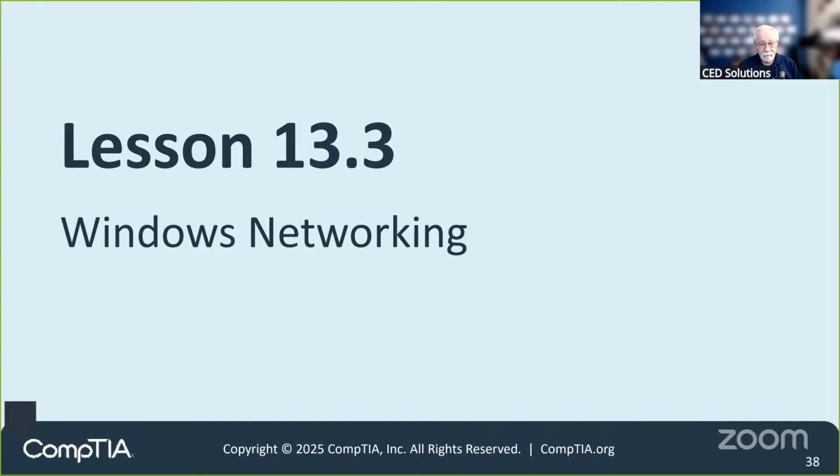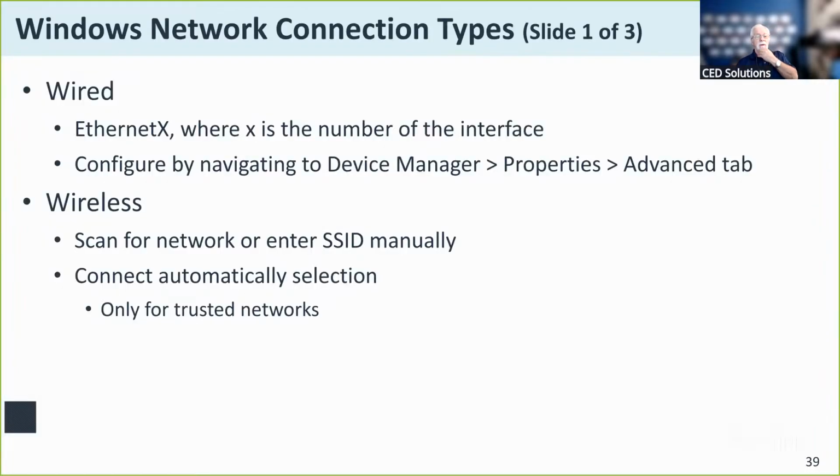Okay. Now, configuring and setting up Windows in networking. We already talked about the different types of networks. There's wired networks, there's wireless networks, and for the most part, you find that these systems are typically now set up in a hybrid mode. You got a mix and match of each of those. 802.3 is the wired systems, 802.11 is the wireless systems, and those are the Institute of Electrical and Electronics Engineers designations and frameworks.